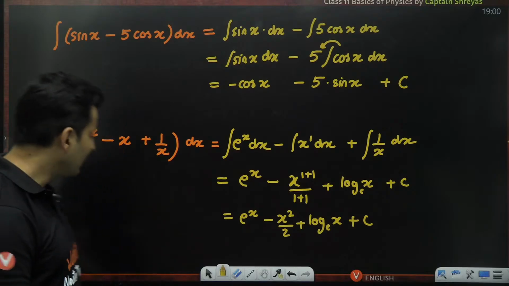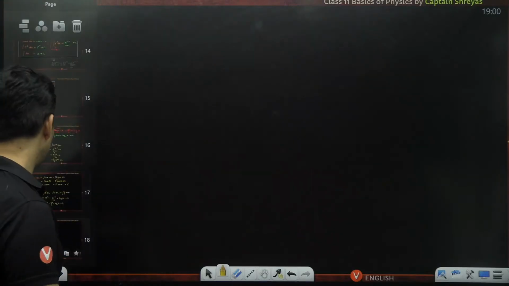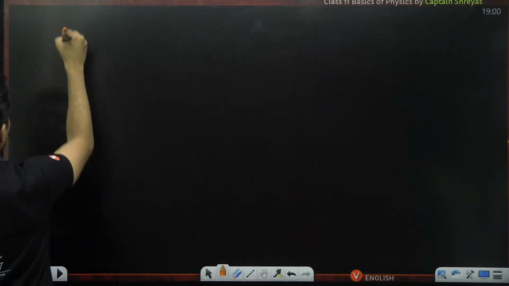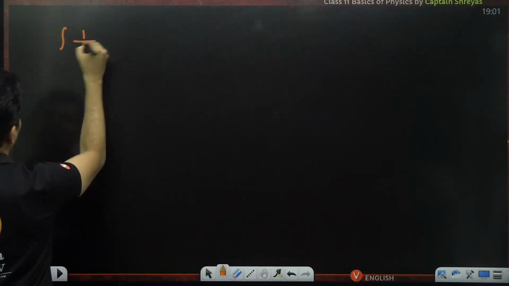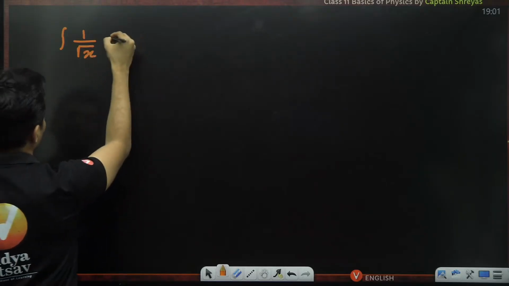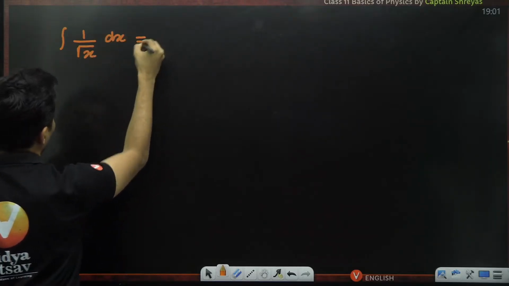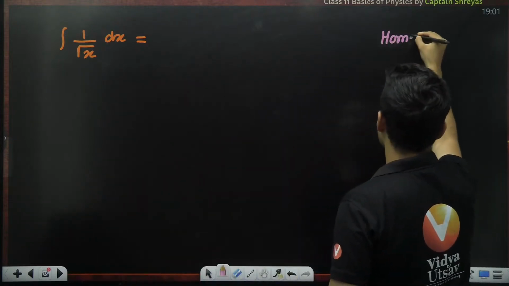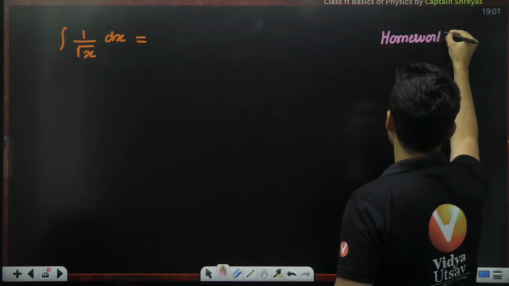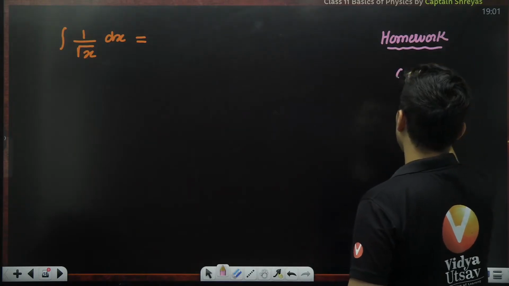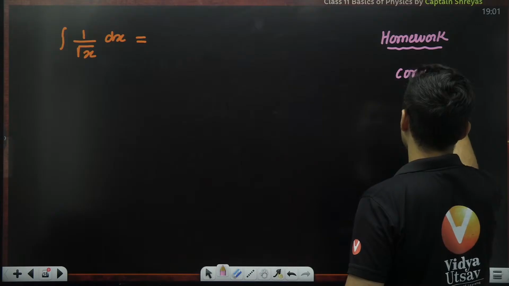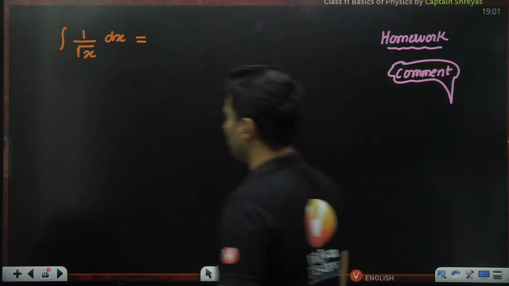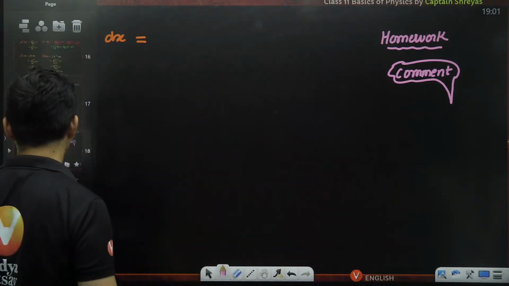Perfecto. Excellent. So this is how integration is performed. I will give you a homework question before we come back. So this is your homework question, integration of 1 by root of x dx. How much is the answer? Put it in the comment section, and I want everybody to comment it, and we will see those names in the next class. Even if you're watching it recorded, it is perfectly fine. Just put it up in the comment section. All right.